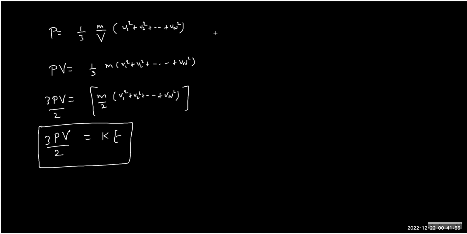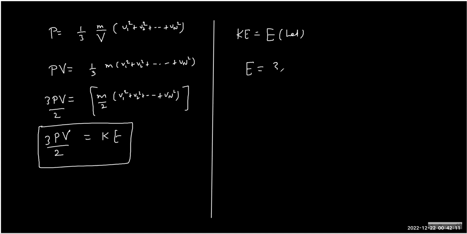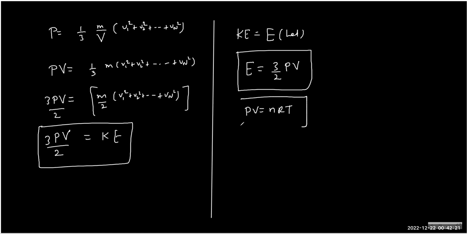So now we have proved that kinetic energy, which we'll write with symbol capital E, is 3 by 2 PV. And because we know that PV equals nRT for any ideal gaseous system in thermodynamic equilibrium,